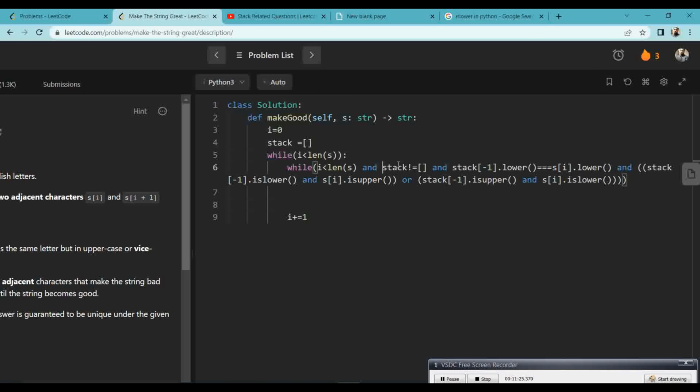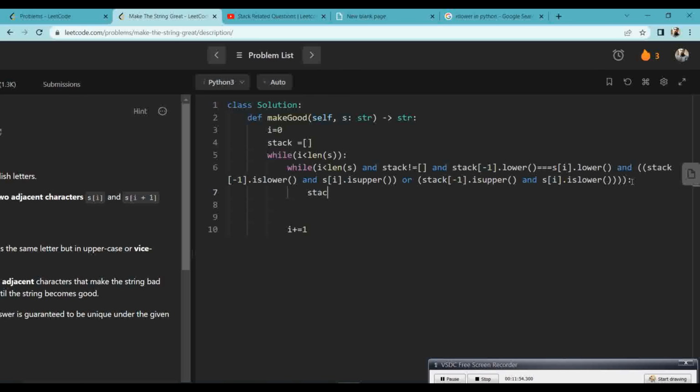We need to pop it out until our stack does not get empty, और हमें फिर दोनों एलिमेंट को कंपेयर करना है, मे बी एक स्मॉल हो सकता है दूसरा कैपिटल हो सकता है। सो वो हमें फॉल्स देगा, इसलिए हमने दोनों को सेम केस में कन्वर्ट कर लिया है। आप इसे यहाँ पर अपर भी ले सकते हैं, मैंने यहाँ पर लोअर लिया हुआ है। फिर अगर दोनों इक्वल है तो क्या कंडीशन हो सकती है, पहला अपर हो दूसरा लोअर हो, दूसरा लोअर हो पहला अपर हो। तो अगर पहला लोअर है और दूसरा अपर है तो उसके लिए ये कंडीशन है, अगर पहला अपर है और दूसरा लोअर है तो उसके लिए ये कंडीशन है।